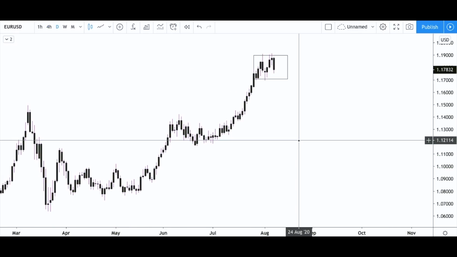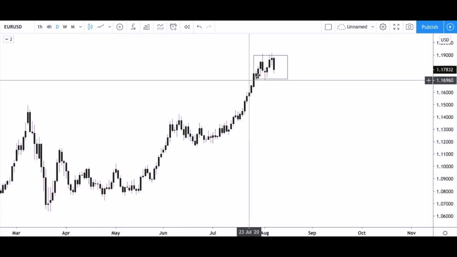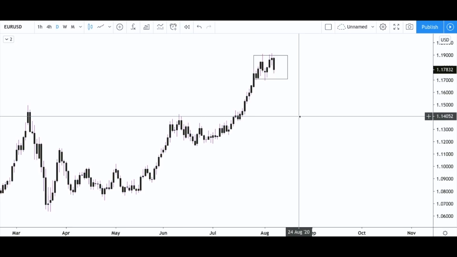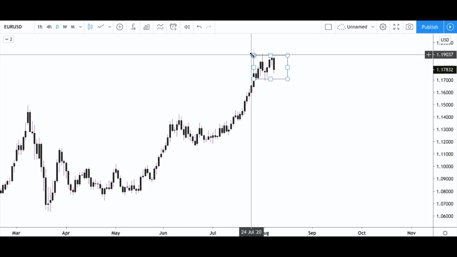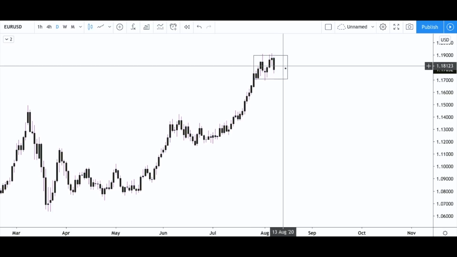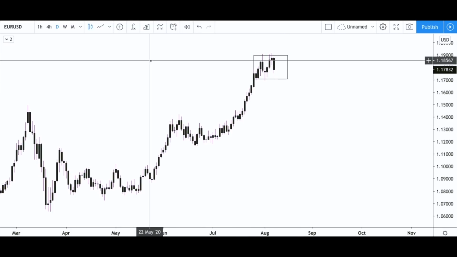Now, as you guys can see on the daily time frame, we are in an uptrend where price is continuing to push up higher and higher. However, last week we actually stalled and found a level of resistance. We even formed a shooting star formation at the top right here, and I noticed that price was moving sideways,